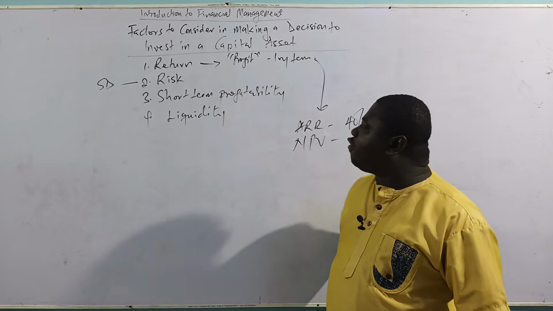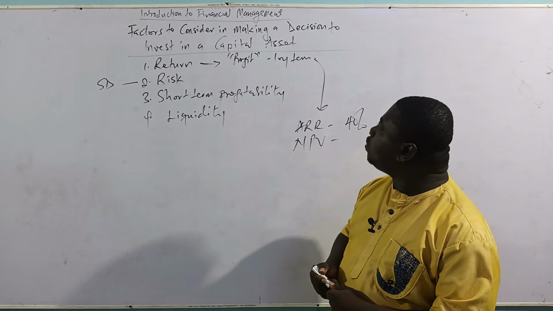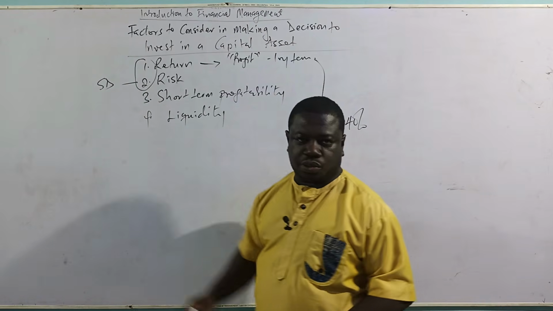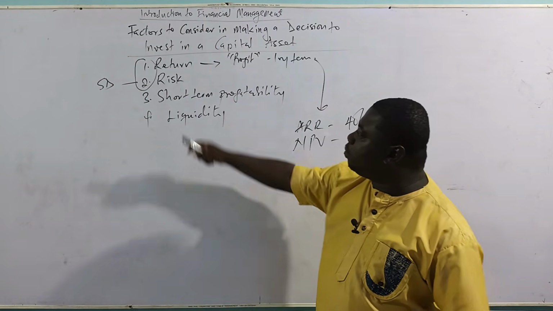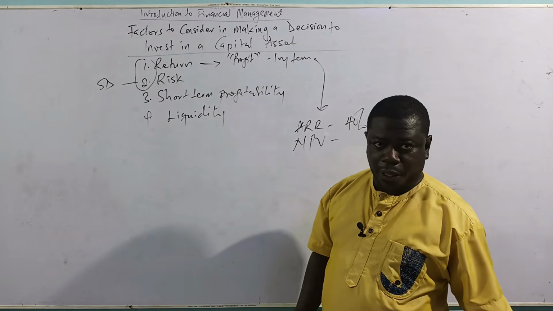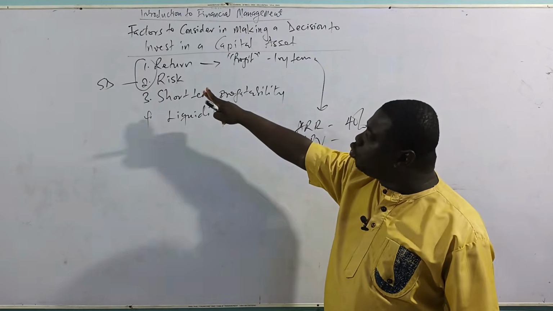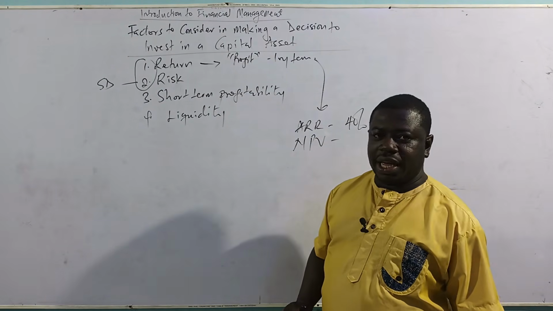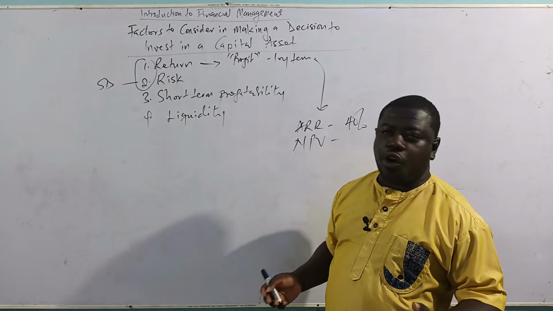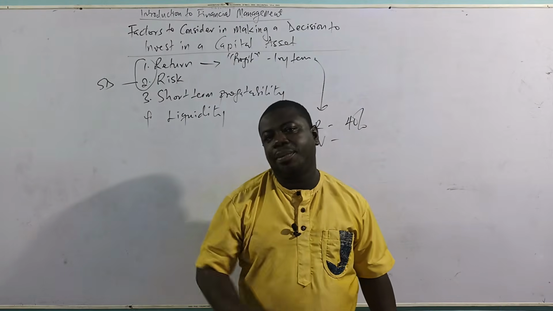Now, these are 4 factors to consider in making a decision to invest in a capital project. However, the first 2 are the most important ones, because we always look at the relationship between risk and return, which I'm going to look at as a separate topic on its own. Okay, now these 2 are also supporting. They are important, but the 2 key ones are the ones you need to consider. But in an exam, like I said, you can be asked to mention 4, and these are the 4 factors to consider in making a decision to invest in a capital project.